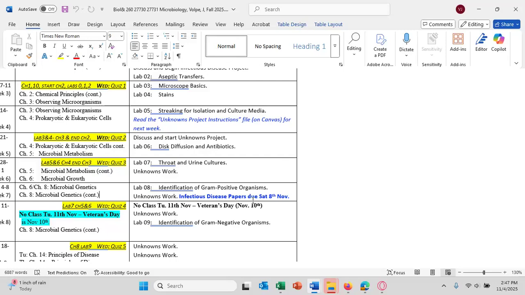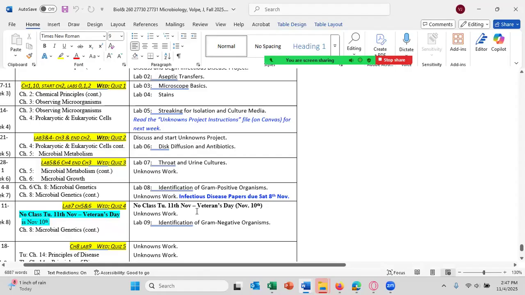Some of them I break the disease up into later stage disease, like Streptococcus pyogenes, or early stage disease. And that's to allow multiple students to choose that disease. Any question about anything? All right,